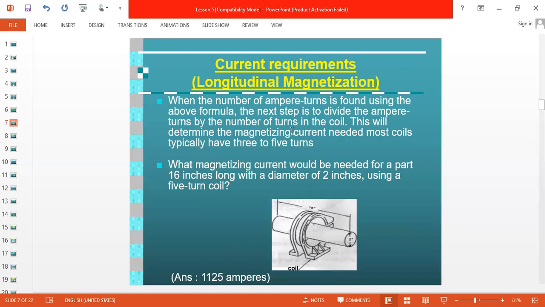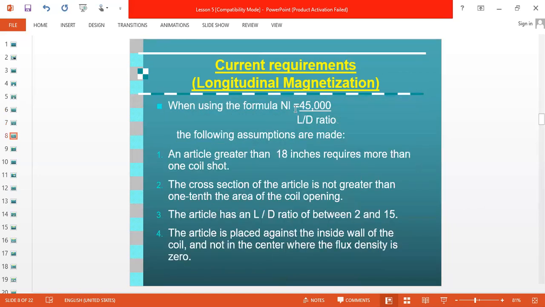There are some assumptions while we are using a coil shot. An article greater than 18 inch requires more than one coil shot. The cross section of the article is not greater than